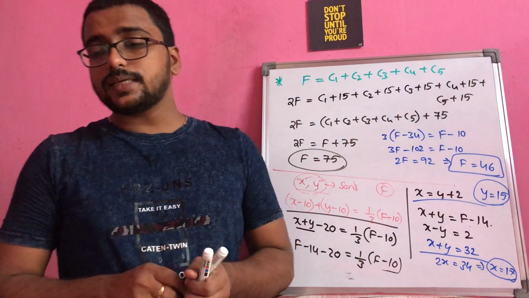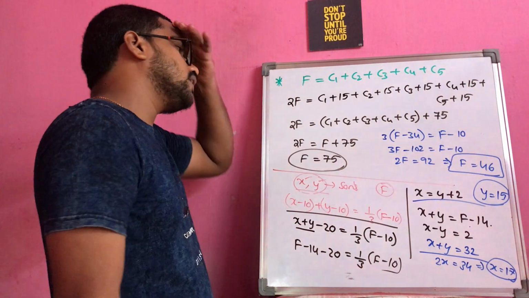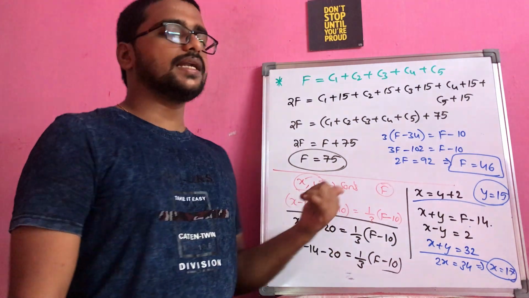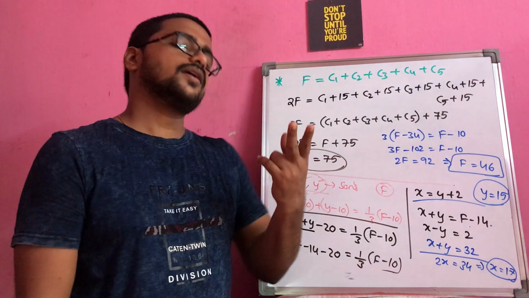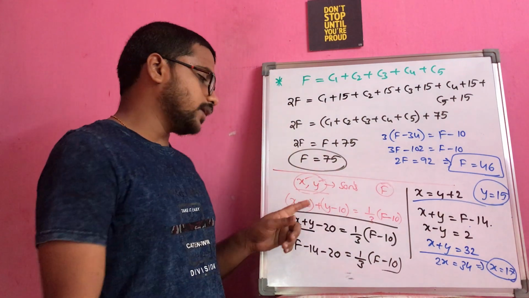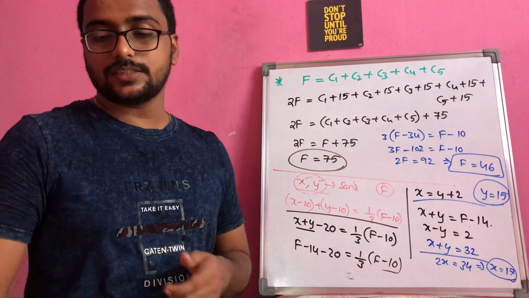The only thing is, you just observe that in the previous questions they used to give only 2 conditions. Why here have they given 3 conditions? Simple reason: here there are 2 sons and 1 father, so there are 3 variables in total. That's how they have given you the 3 conditions, right?